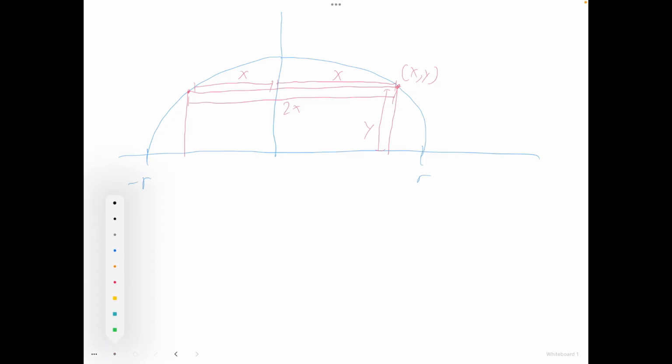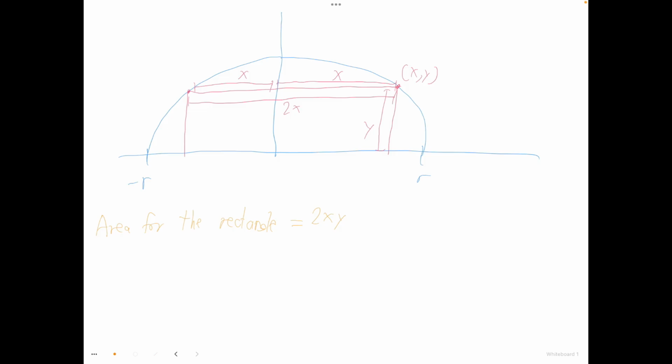And so from this, then, we have the area for the rectangle is equal to 2x times y, where x and y are literally just the coordinates on this semicircle that we have drawn. And now to eliminate the value of y, we're going to use the fact that it lies on